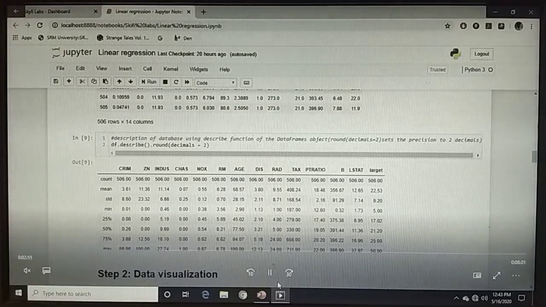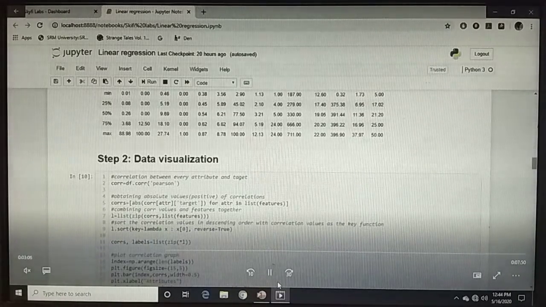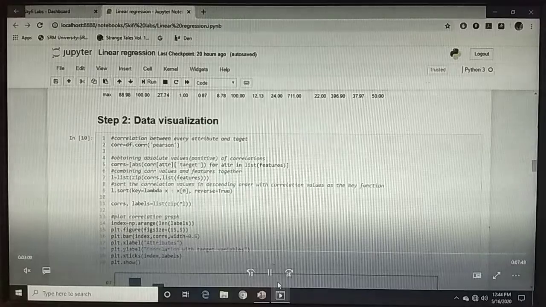Now I just need to find the correlation between the target value and the features. Correlation is just a dependency rate of the features and the target, how a change in a feature depends on the change of the target.